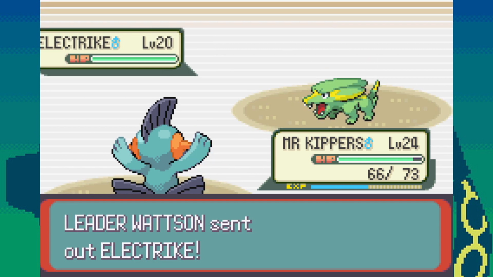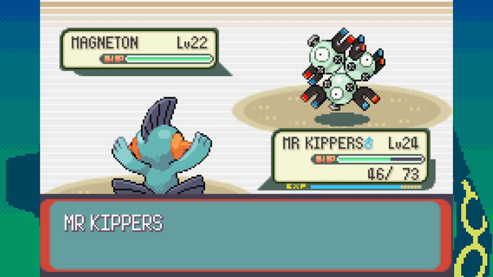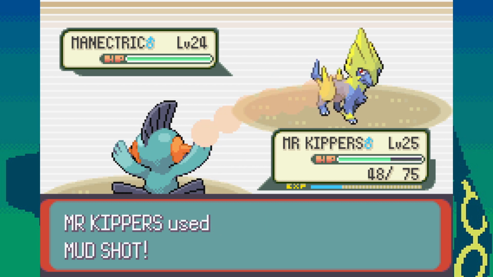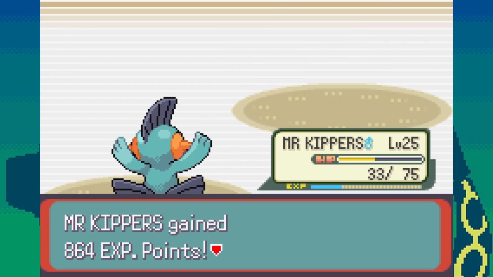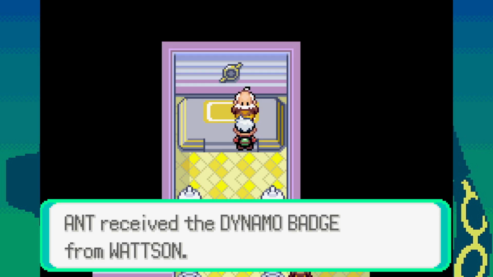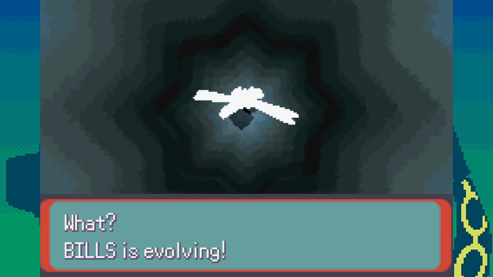I knew that having Marshtomp on our side meant this gym was not going to be a worry though, sweeping Wattson's entire team without breaking a sweat and earning our 3rd gym badge. I just want to also address that levelling up above the level cap during the capped fight is not classed as overlevelling. With Wattson defeated, our level cap now boosted up to 28, so I trained in preparation for Flannery,